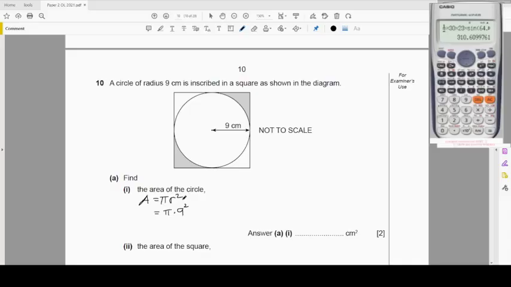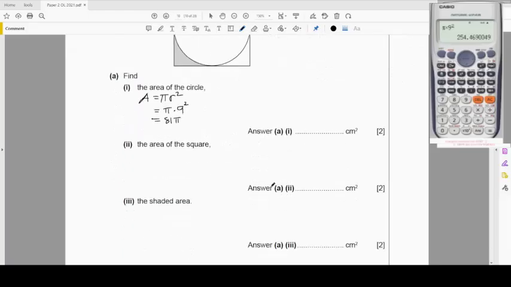The instructions on the paper are that you can either use pi on your calculator or 3.14. So I'll just use the one on my calculator. Pi times 9 squared. This is 81 pi. And then as a decimal, I would write this as 254 point,